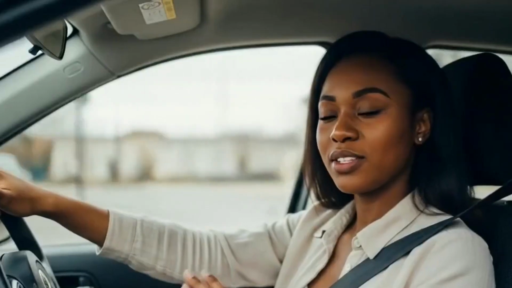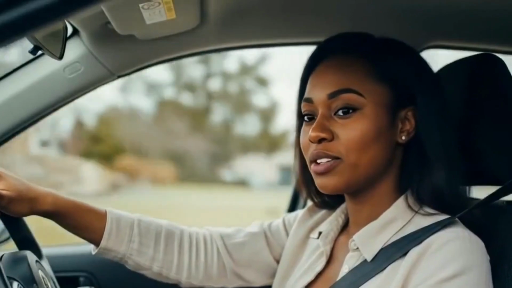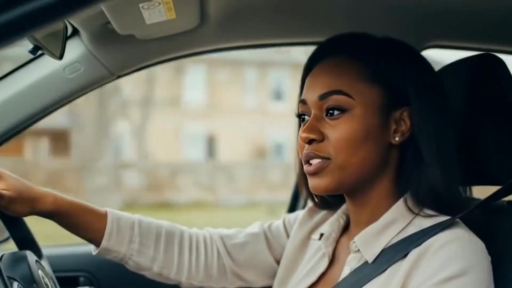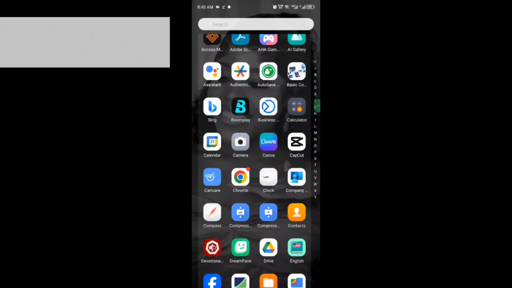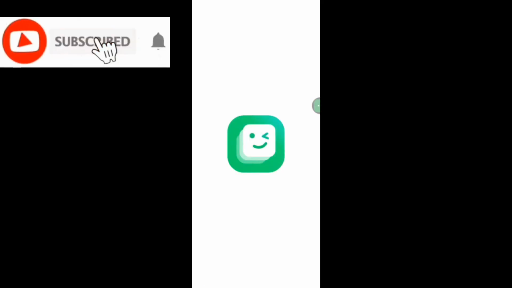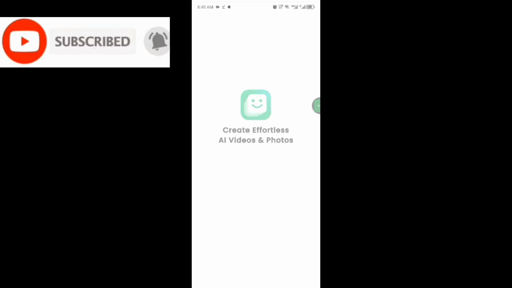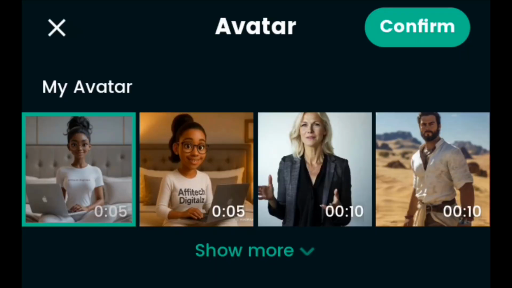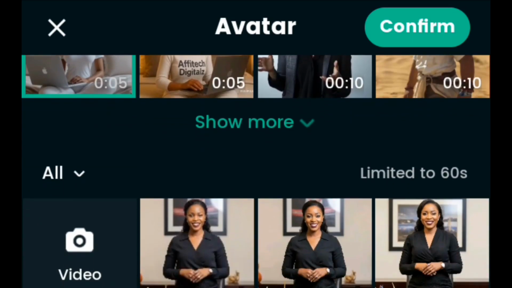And just wait, we're about to take it a step further and sync her lips with your voice or a studio quality AI voice that sounds like a real person. You need to go to this app called DreamFace. This is where we are going to lip sync the avatar and add a voice to it. We're just going to click here to add your avatar. Do you understand? So let me go ahead and click on the first video I want to use and click